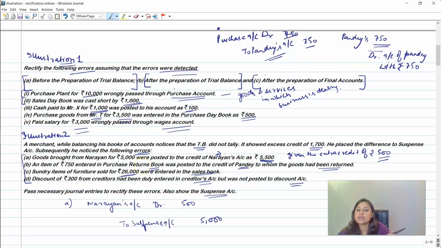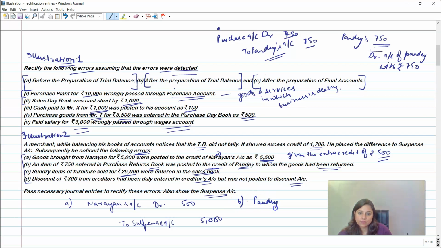And also, in order to rectify the purchase returns, the returns that have been made, another entry of 750 needs to be passed in order to make the purchase return entry correctly recorded in the account of Mr. Pandey. So therefore there has to be a double impact of 750. One 750 would be related to the goods that have been returned to Mr. Pandey, and the other would be to nullify the effect of this particular error that has been wrongly credited. So 750 has been wrongly credited to Pandey's account. So therefore the entry that we would be passing would be